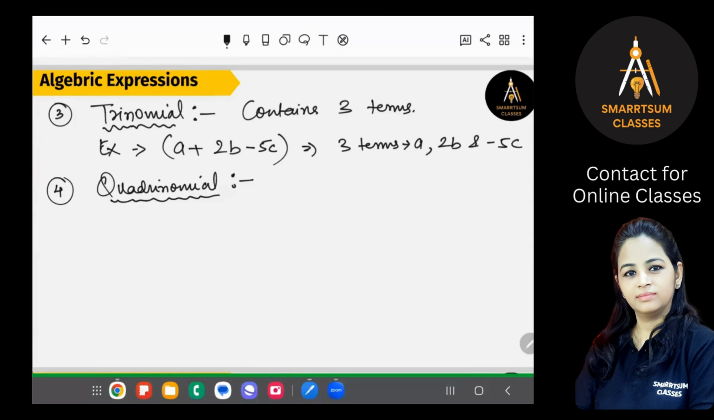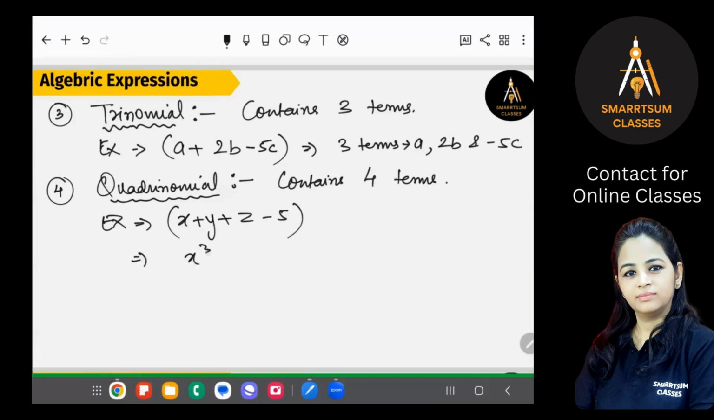Okay, so similarly, quadrinomials means any algebraic expression which contains four terms is a quadrinomial algebraic expression. For example, x plus y plus z minus 5 is a quadrinomial algebraic expression because it is having four terms, right? Similarly, x cubed plus y cubed minus z cubed plus 3xyz is a quadrinomial algebraic expression because each one of them,